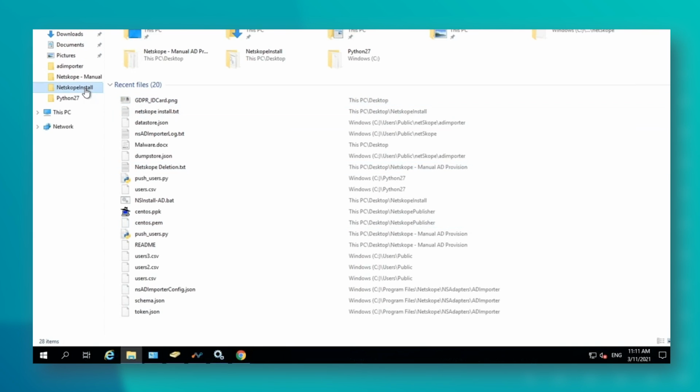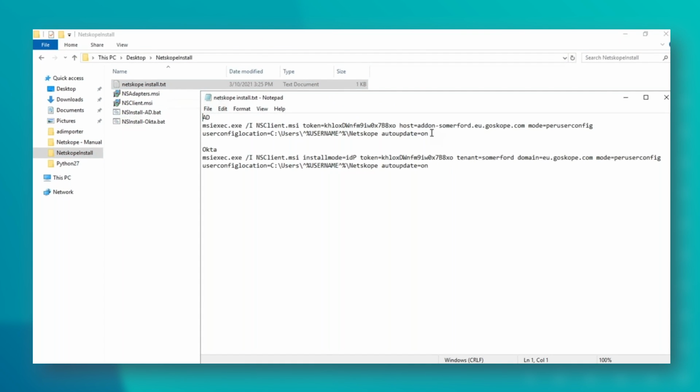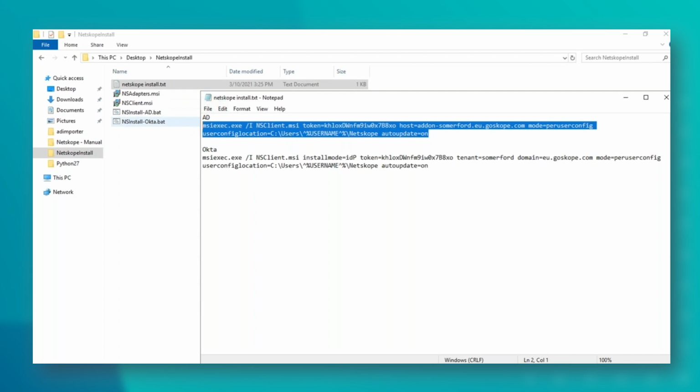If I come to my desktop, I do have a couple of examples of this. If we look at our install script here, now you are going to see some tokens and keys and so on for our test tenant. There's no way around that for me, but I will be resetting them all at the end of this webinar. So here is an example of the install script for AD. I've got the installer, so I've got the client, I've downloaded that, I've got that in a central repository. I have my token from my tenant, I've got the address of my tenant and so on that it needs.